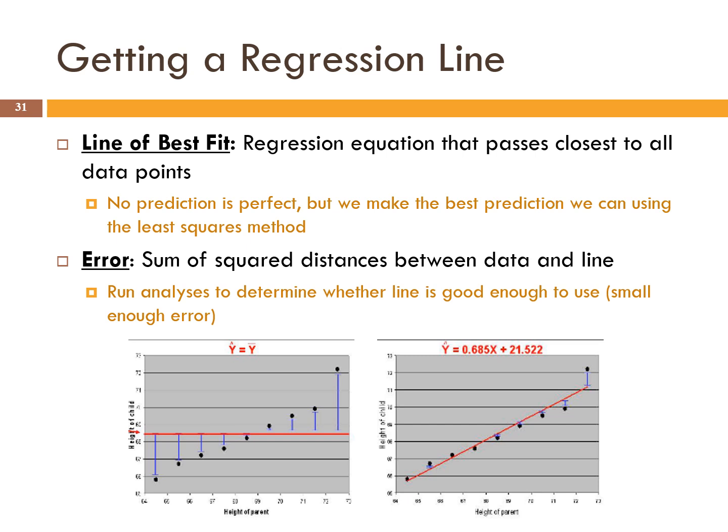But if I have an equation like this, 0.685x plus 21.522, that's the line I have going through all my data. And you can see all of the distances from the data points are relatively small. Yes, there's that one larger blue error at the far right-hand side, but all of the others are so small